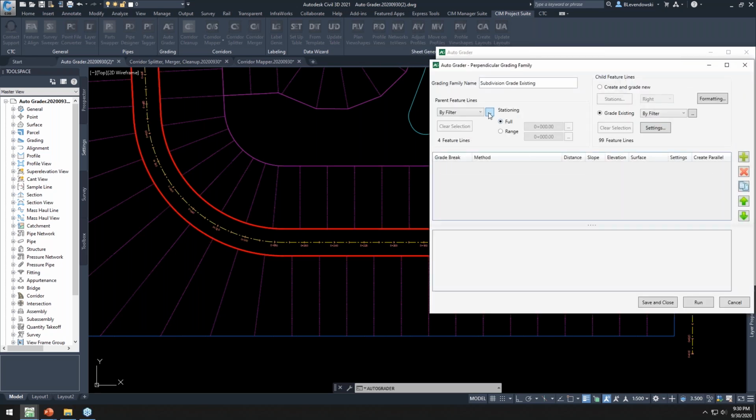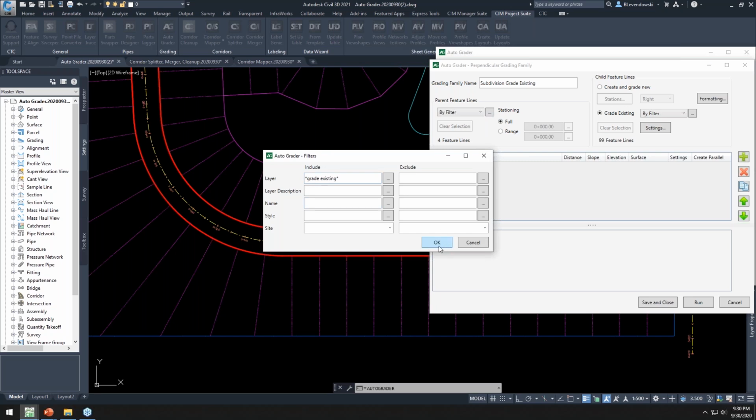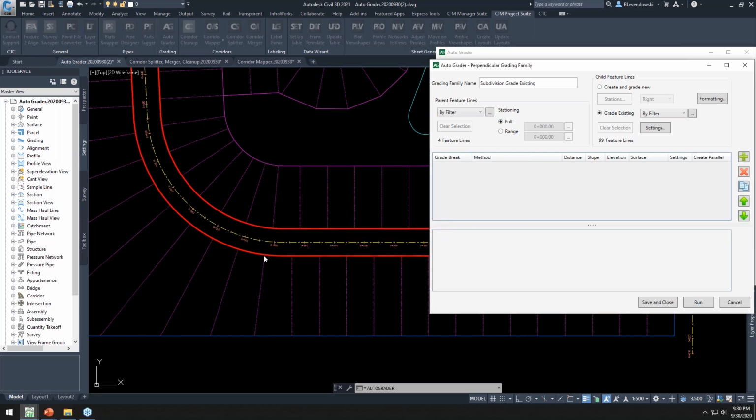Now if I come in here, I've got a filter grabbing a layer that's referencing these red right-of-way lines. And then I've also got a filter for grading existing feature lines. These are the magenta colored lines out here that I want to grade that currently don't have any elevation points or anything in them. I need to spell out what I want this to do. So I can create some